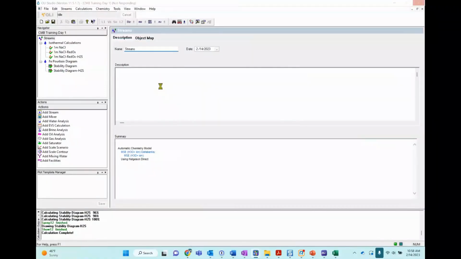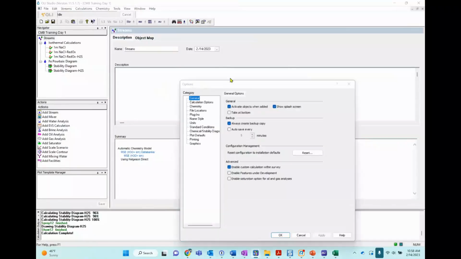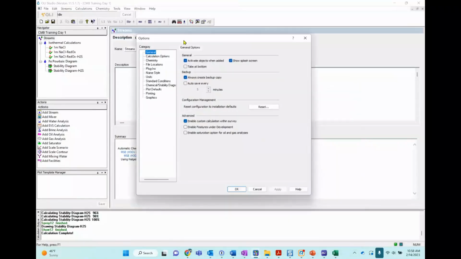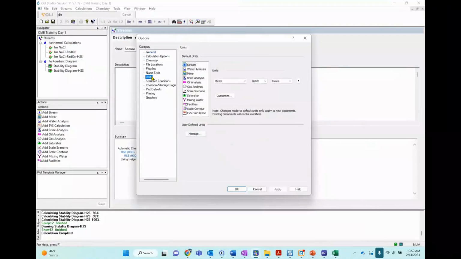It's not responding. I gave it too many orders. So you should say tools, options, units. Yeah, it's the same. And then for the stream, make sure that it goes metric, batch, moles. Yes, I have it like that.